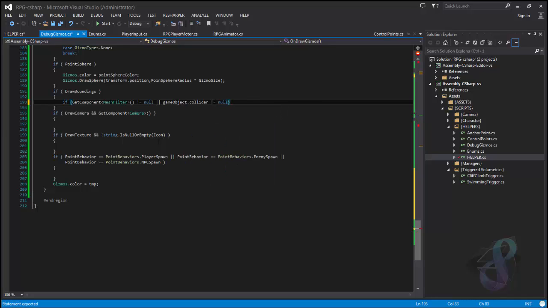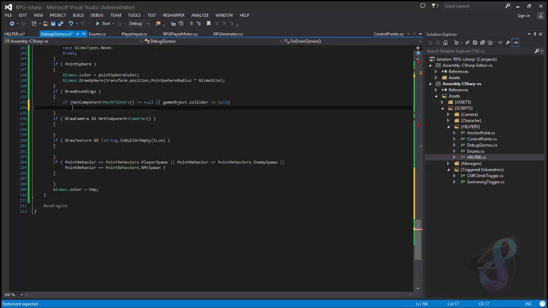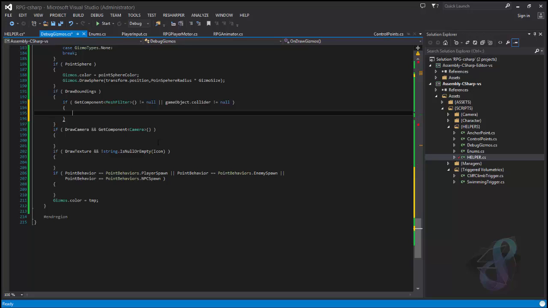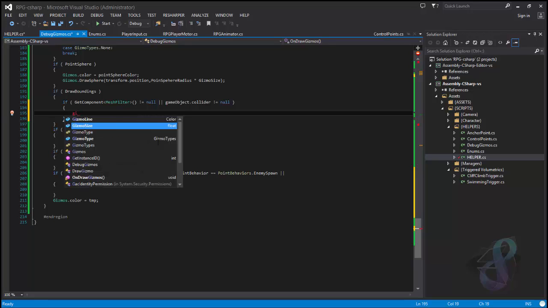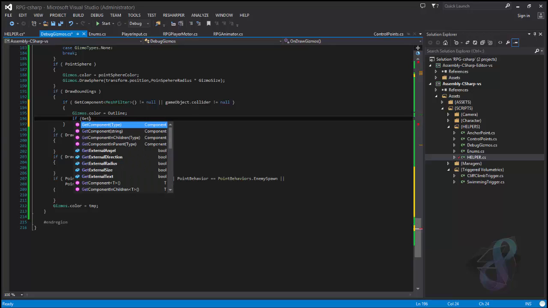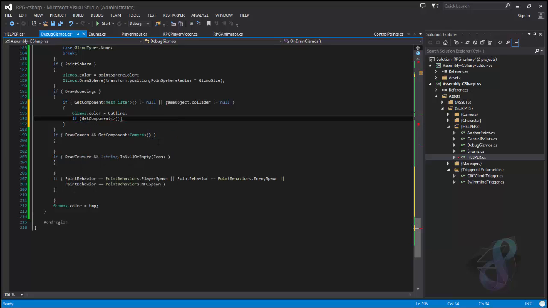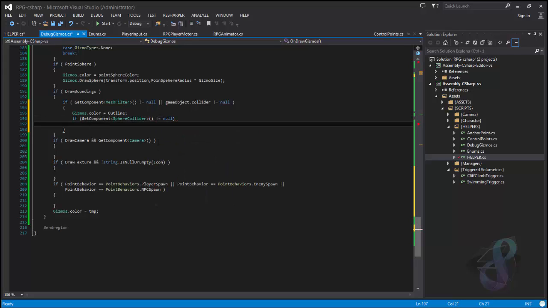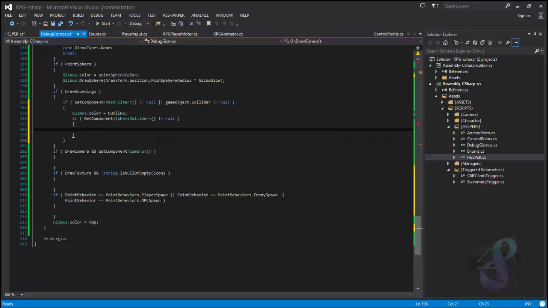So if we have a mesh renderer or if we have a bounding, we do this. First we say Gizmos.color equals outline. Then we say if GetComponent SphereCollider does not equal null. We check if the collider type is the sphere. So if any kind of collider we have that is not null,